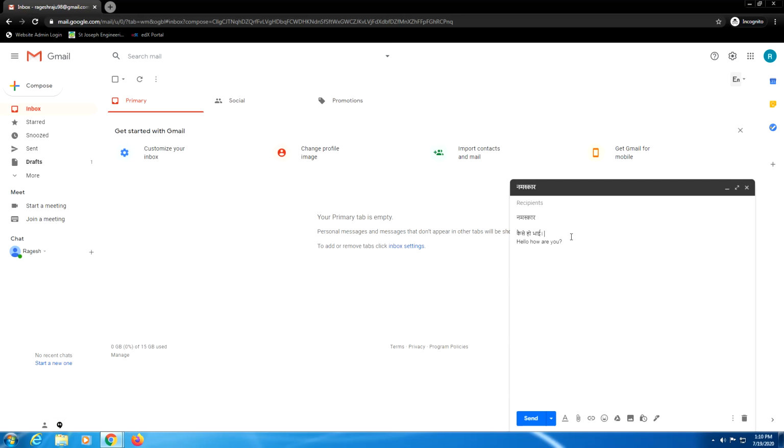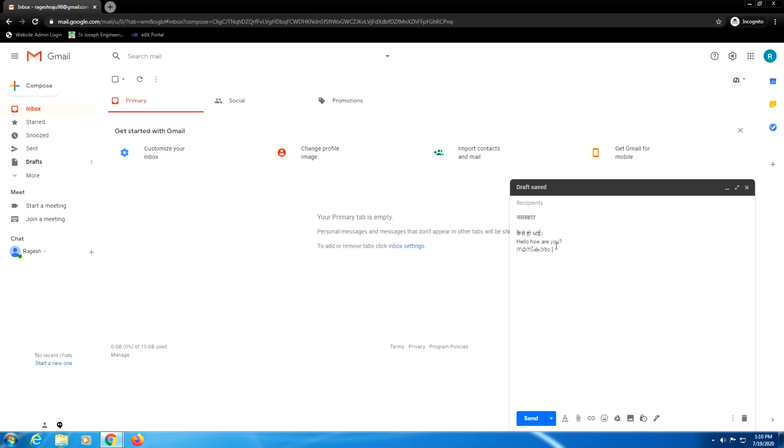Then I select another language, Malayalam, and here also I just type Namaskaram. Whatever is required I just type. Now you can see 3 different languages can be typed in a mail.